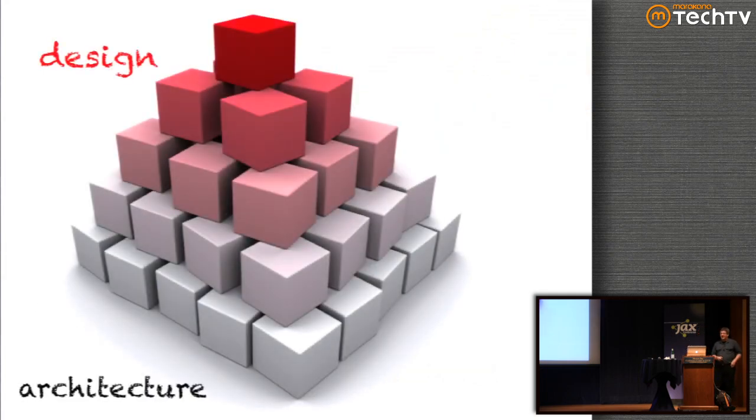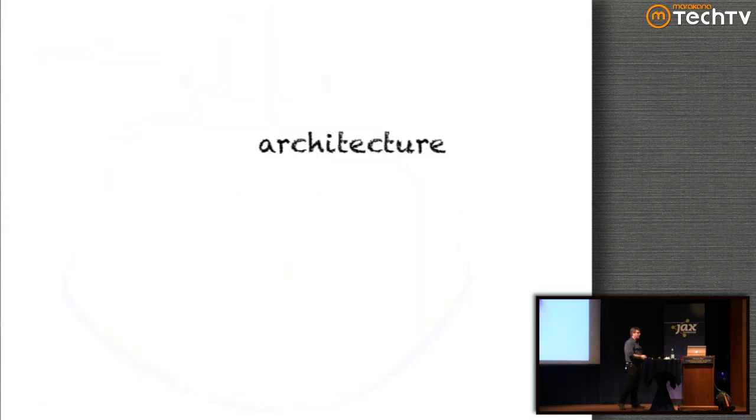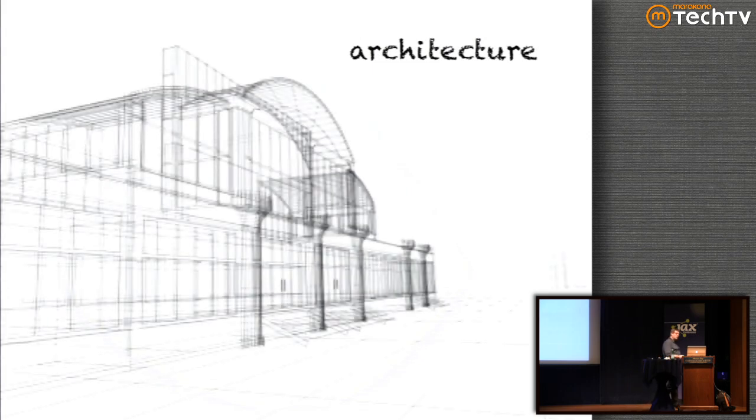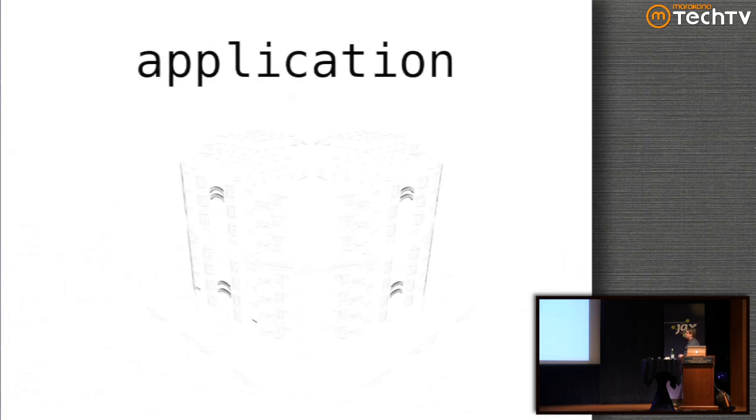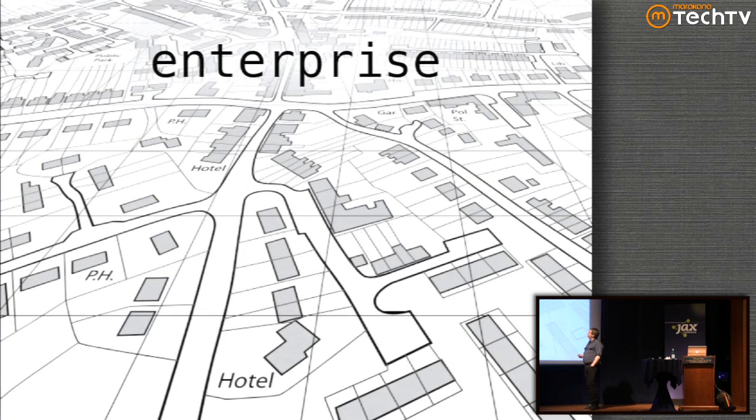Which is all about design, but let's go back for a second and talk about architecture. Architecture is this big, huge, vague term in the software world right now, because when you talk about architecture, you may actually be talking about several different kinds of architecture. One of the kinds you may be talking about is application architecture, which is how applications get put together. But another kind of architecture you may be thinking about is enterprise architecture.